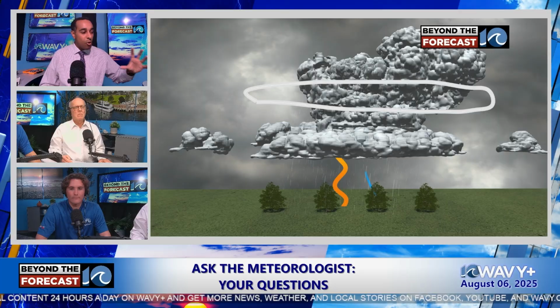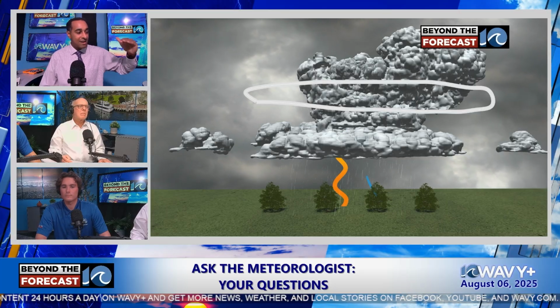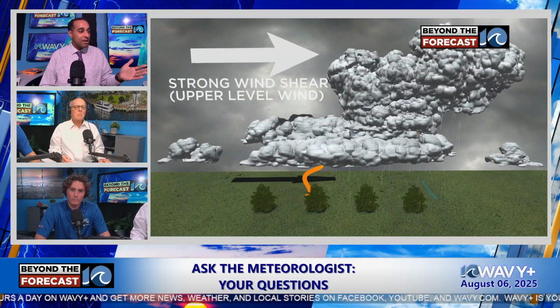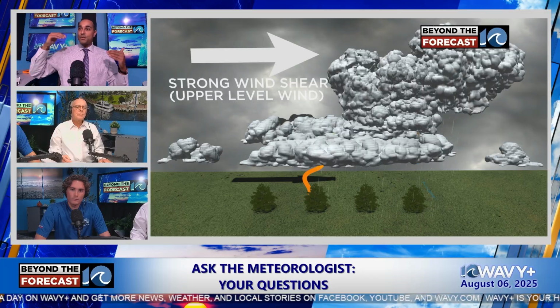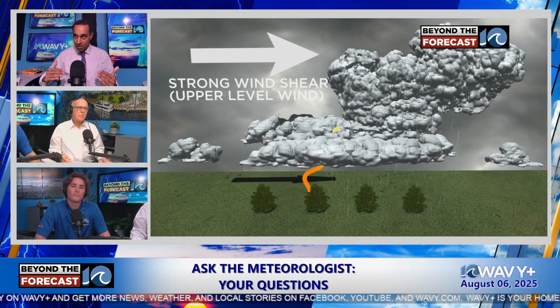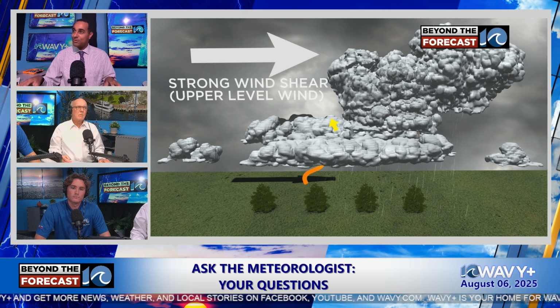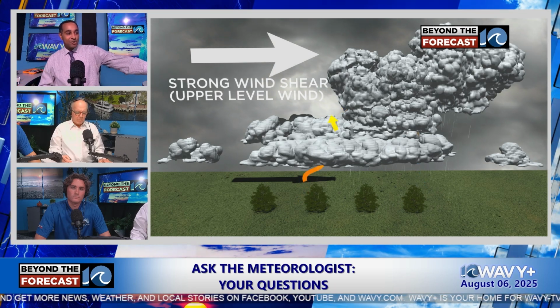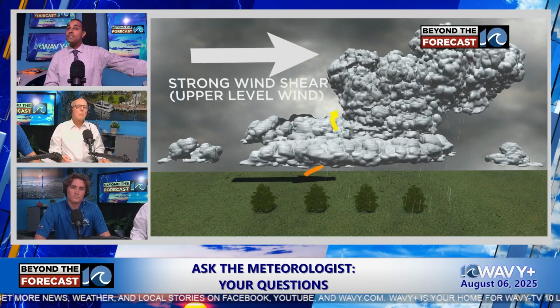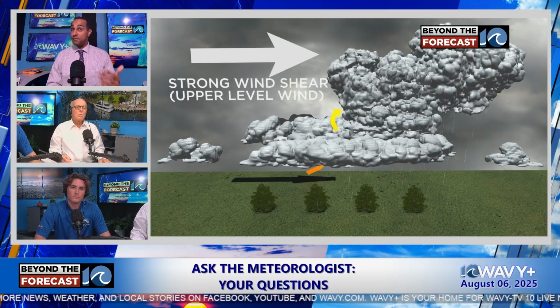So that's the steering winds, which will be part of that whole area. It'll be below that part and above that part, where we can get this thunderstorm to move one direction. But wind shear is a difference where we have stronger winds aloft compared to the lower parts of the storm. So for the viewer that may not understand the difference, that's the difference there. Strong wind shear, upper level winds, a better chance for severe thunderstorms.